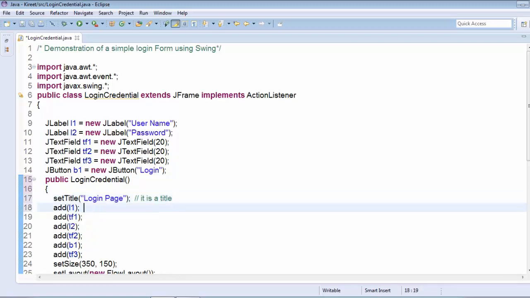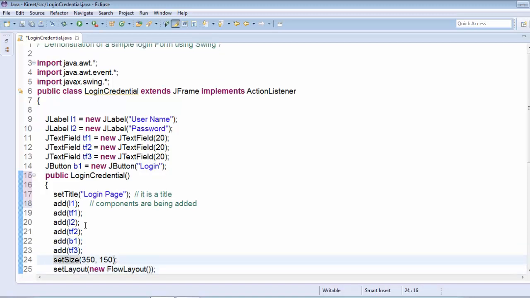We have added this label, the text field corresponding to it, label 2, the corresponding text field for this label, the button b1, and the corresponding text field 3, in which we will get the result.